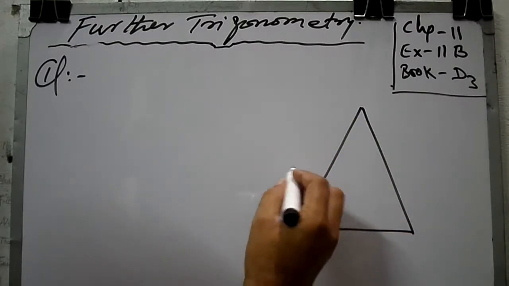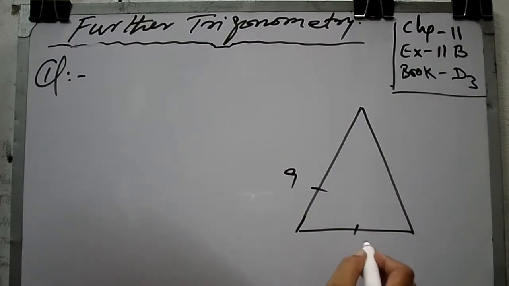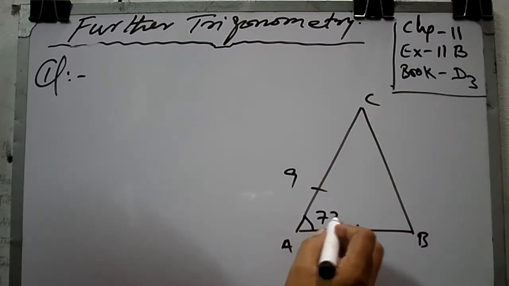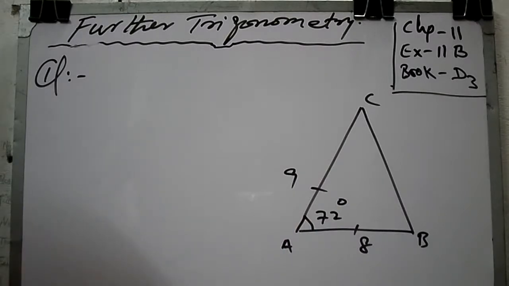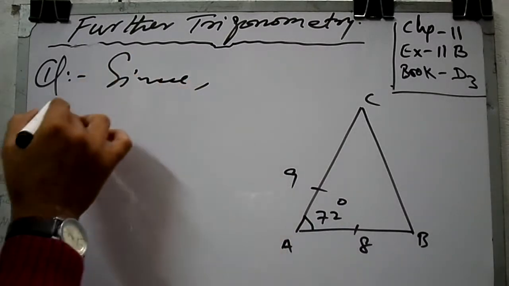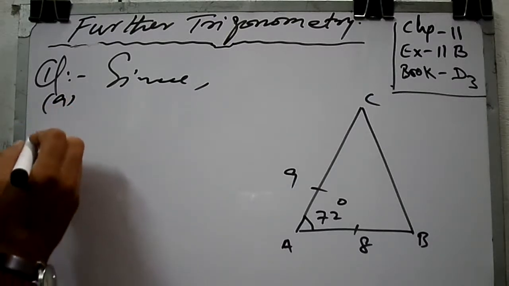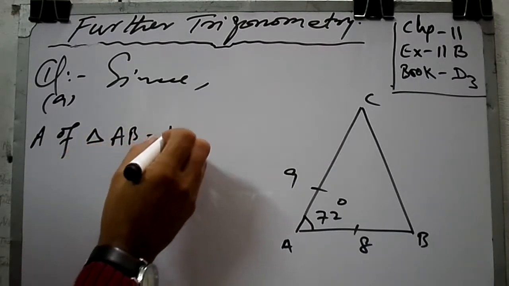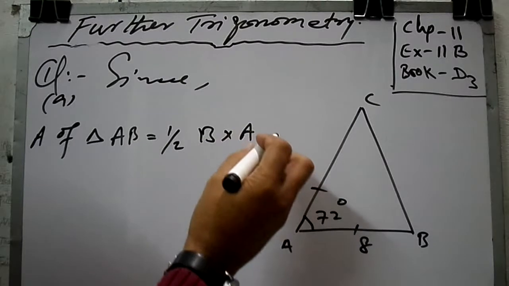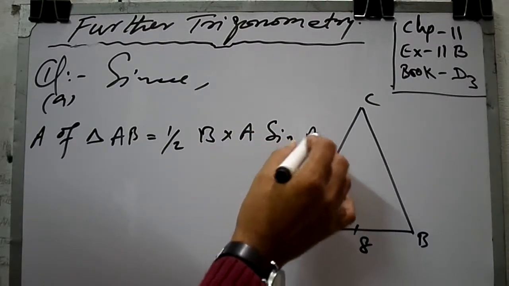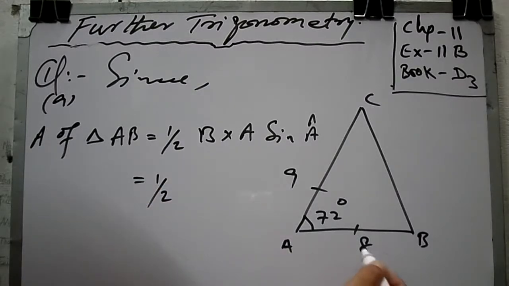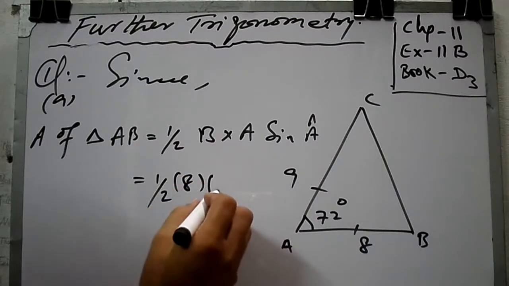That is your 9, and this one is 8. And this angle is 72 degrees. So we have to find the area. Since we have the formula, the area of triangle ABC is equal to half base into altitude into sine A angle. So putting the values, where is the base? That is, base is 8. So after putting the values, you will get